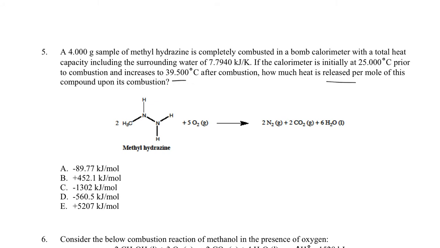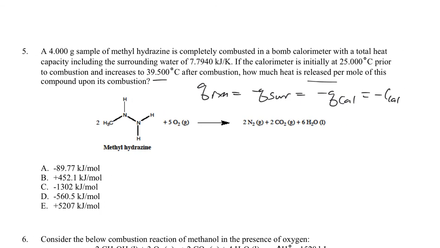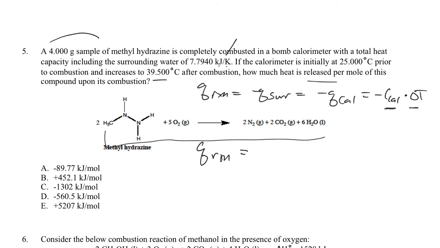Okay, so the idea here: the heat change of the reaction is the negative heat change of the surroundings. In this case, the surroundings is the entire calorimeter, including the water that surrounds the bomb cell. The calorimeter is described as an object with a heat capacity times a delta T. Notice there's no unit of mass here, just heat per Kelvin, so just heat capacity times delta T. So the heat change of the reaction, not of the full reaction, but the reaction actually occurring inside the calorimeter, just the 4-gram sample,